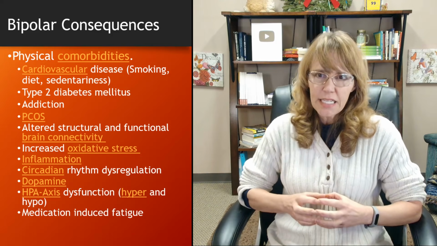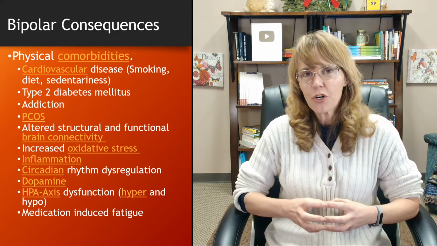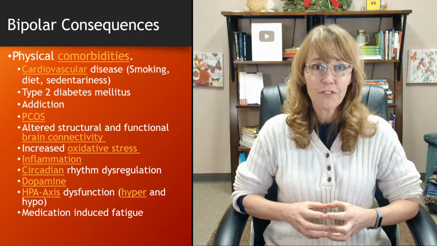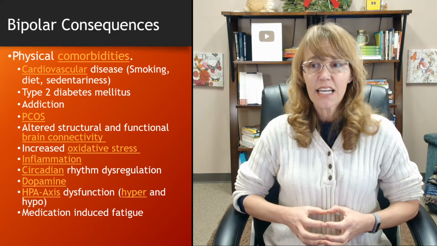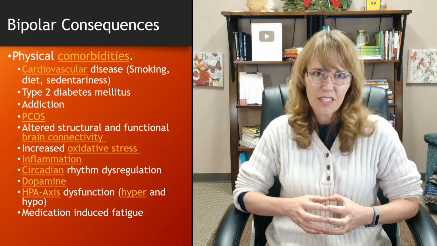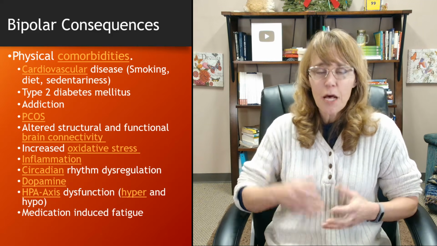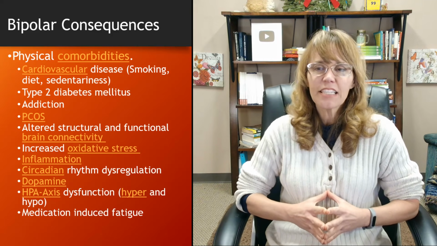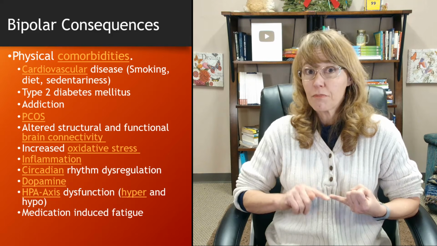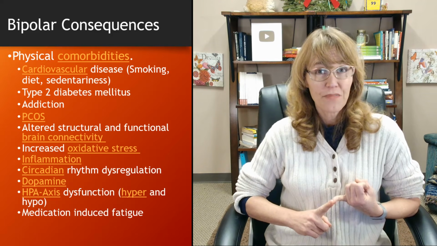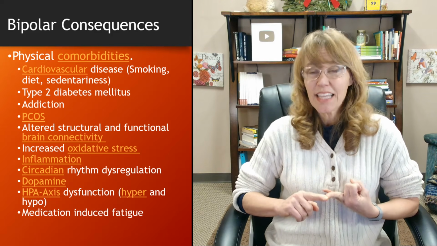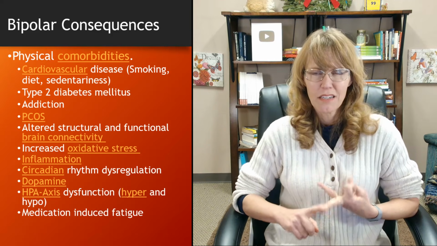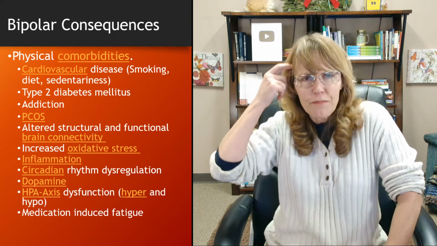Physical comorbidities. People with bipolar disorder have a higher than average risk of developing cardiovascular disease. And some articles posited that this could be because they tend to be, more often, smokers. They tend to have a poor diet, and they tend to be more sedentary. Well, let's see. Why might that be? Well,